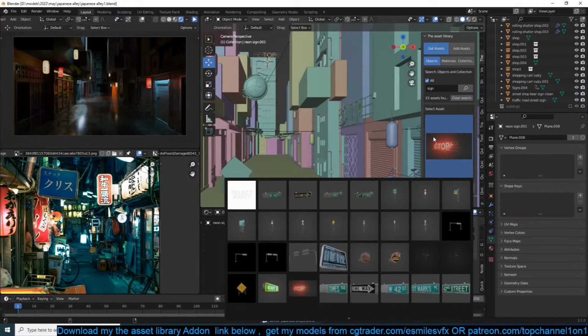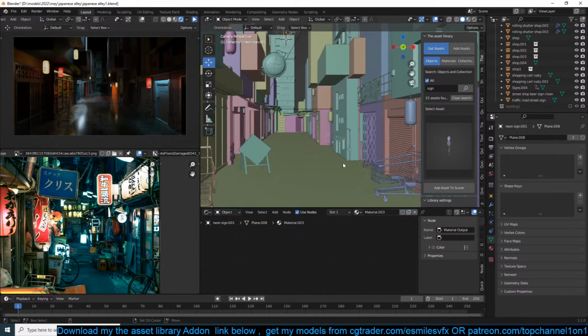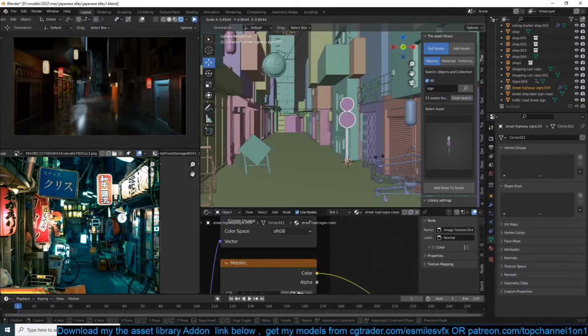Are you going to use emission for the sign? Yes, I'm going to use emission for the sign. That's the more efficient way to do this. Let's add in some more signage.